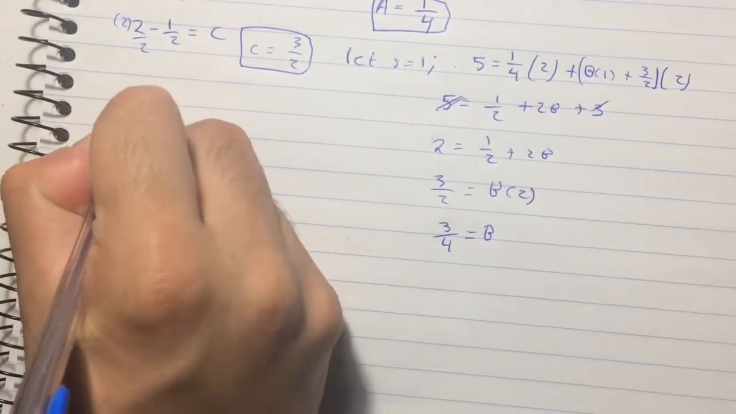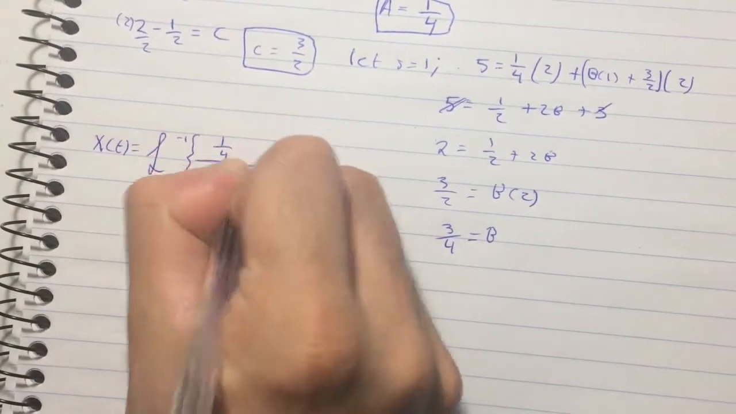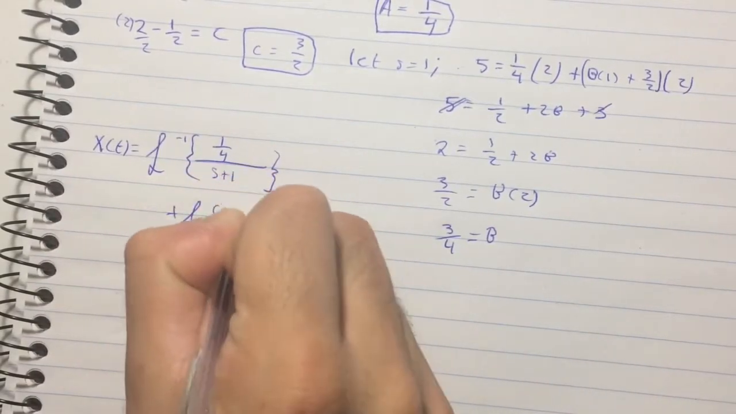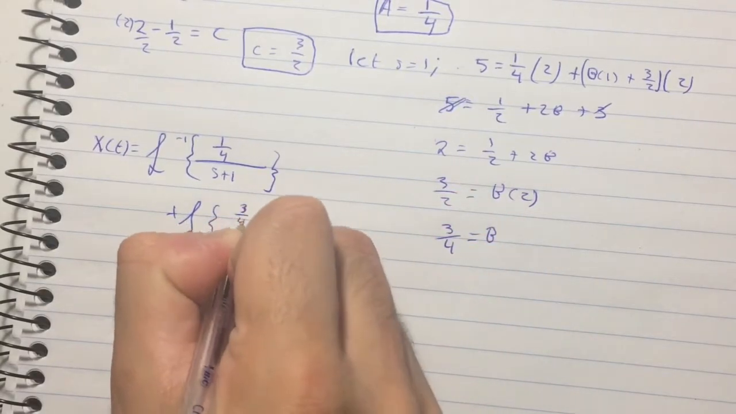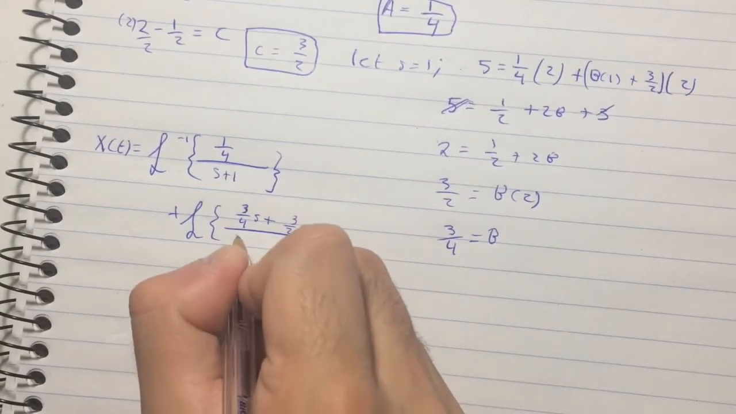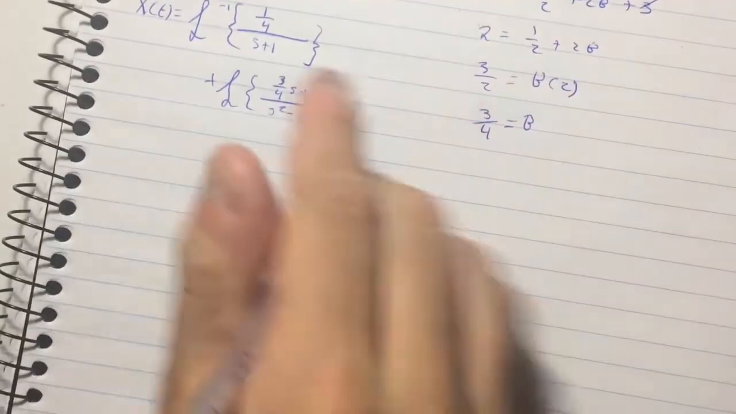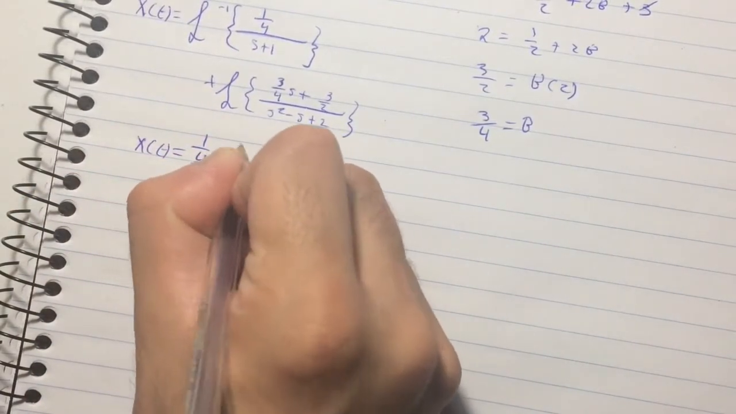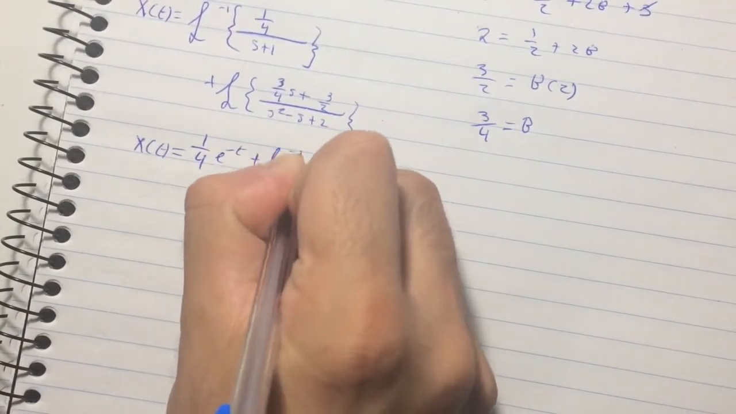So x of t is now equal to the inverse Laplace of 1/4 over s plus 1, plus the inverse Laplace of bs plus c, and b was just 3/4, s plus c 3/2, all over s squared minus s plus 2. Alright, so x of t, let's do the first inverse Laplace, that's just 1/4 e to the minus t, easy, done. Now plus the inverse Laplace